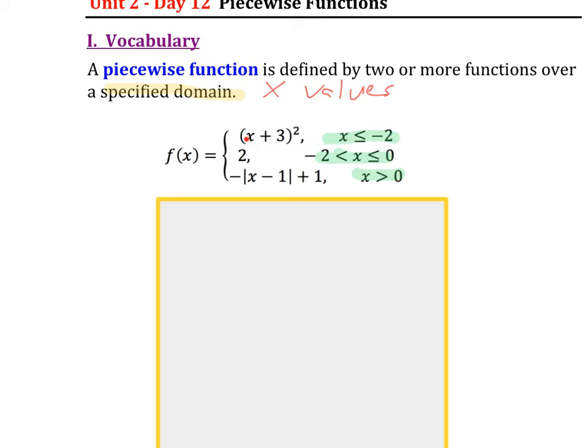So for instance, this x plus 3 quantity squared, we're only going to be graphing that part when our x values are less than or equal to -2. So -2, -3, -4, so on and so on. Those will all follow this function rule. Then when my x values are between -2 and 0, it's going to be just a constant function of 2. And then over here, when my x value is bigger than 0, so 1, 2, 3, 4, whatever, it's going to be an absolute value function, negative absolute value of x minus 1, plus 1. All right, so